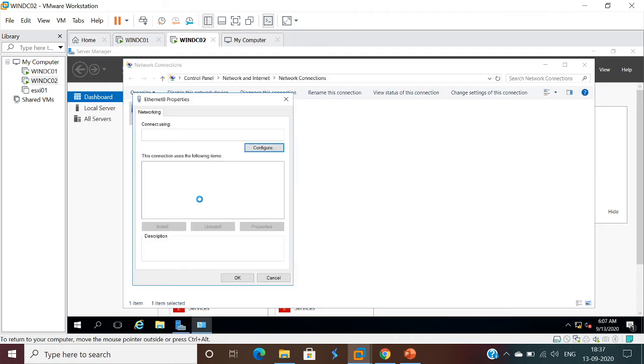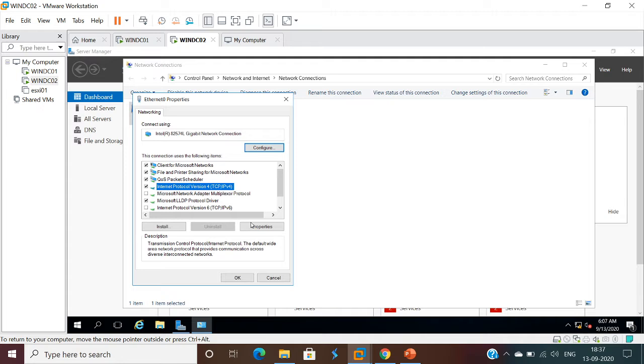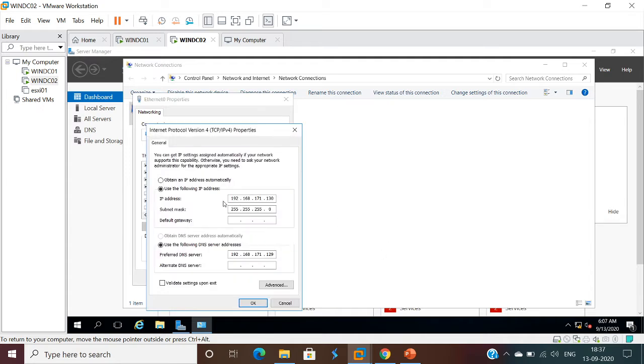Go to the properties and we see IPv4 and properties, and we see the IP address of 192.168.171.130. This is the static IP which has been assigned to DC02. And if you see, the preferred DNS server IP is 192.168.171.129. This is the domain controller IP.